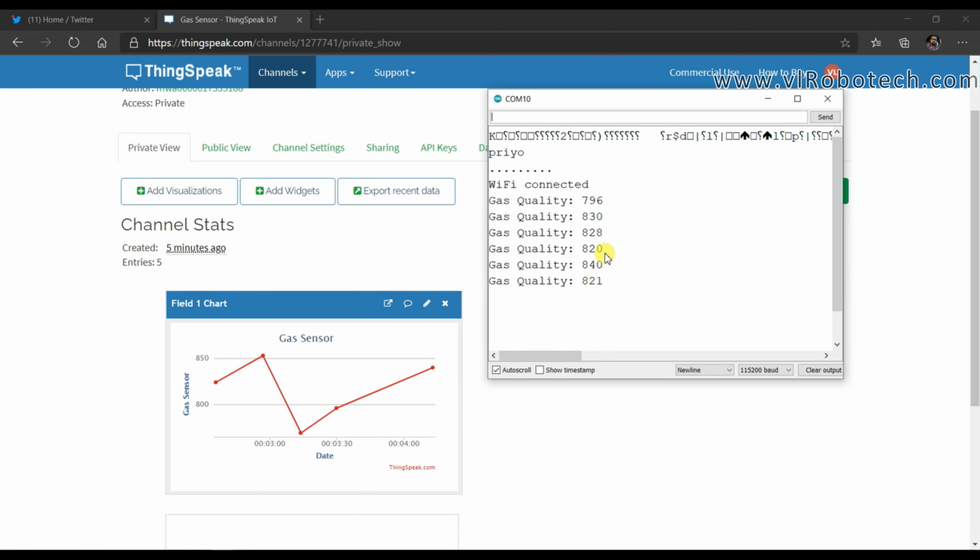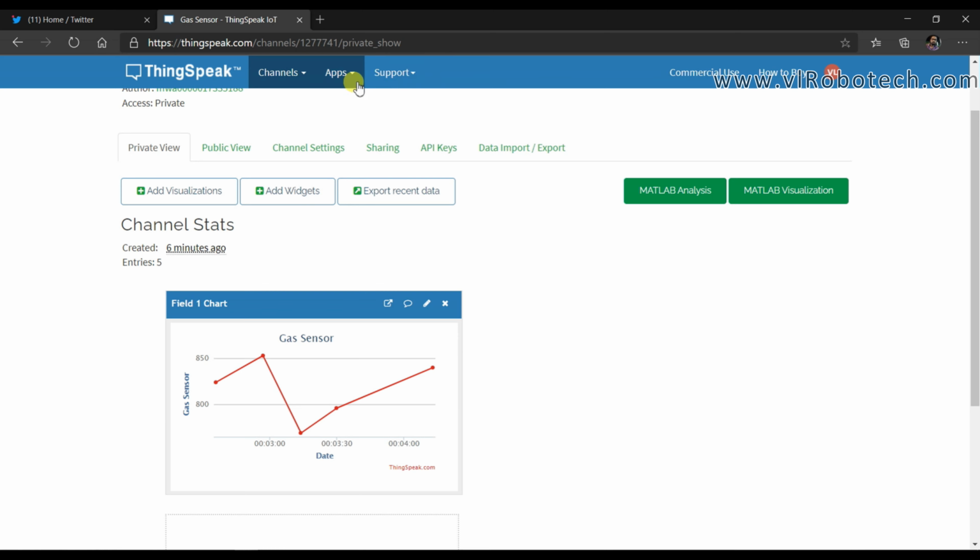So now I want to post this message on Twitter. If it increases to more than 900 or 850, that is, if smoke is detected, then it will increase. So close this and go to